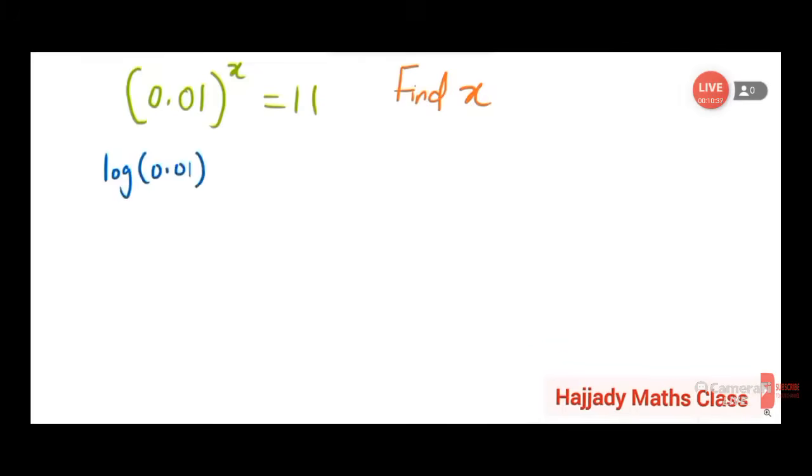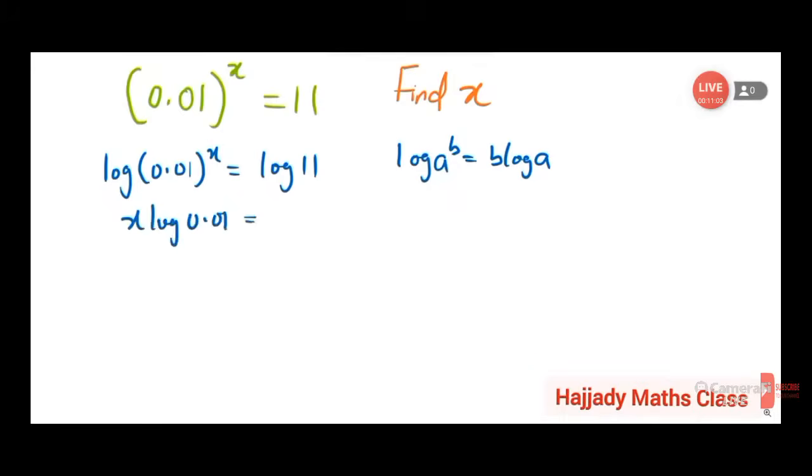So here, applying the logarithm, we have log of (0.01) all raised to power x equals log 11. And don't forget the rule of logarithm that says that when you have log a raised to power b, this is the same thing as saying b log a. So we are using the same thing. So this is coming to the front. So here we have x log